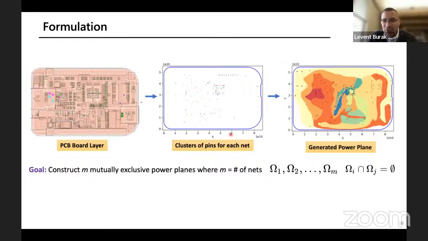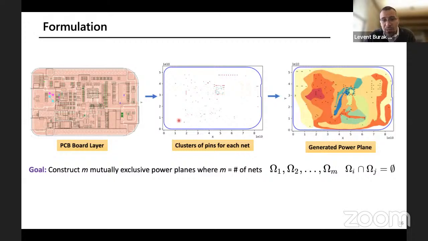Here's the challenge example that we posed to a group of students, where we gave, on a piece of paper, this board, basically the one that you're seeing in the middle, with multiple different nets, meaning that each net has a number of pins that are colored uniquely, and there are multiple different colors.